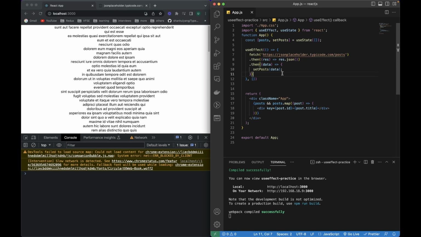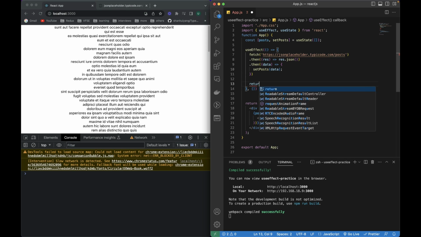Cleanup function means that whenever this component gets unmounted, meaning whenever we navigate to another page or refresh the same page, or this state might get changed, it should not be calling this API and updating this state, because our component is unmounted, right? So let's try to avoid this problem. Let's try to write a cleanup function,